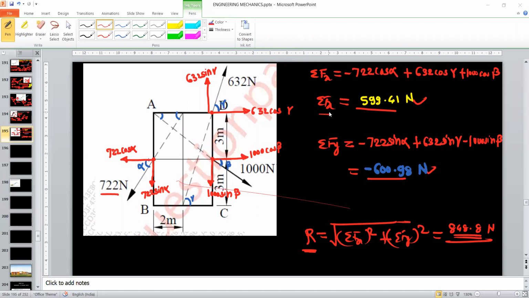Now by observing summation Fx and summation Fy, we can say that the resultant is in the fourth quadrant. Here 599 is positive, which means summation Fx is towards the positive x direction, and this is minus 600.98 Newton, which is towards the negative y direction. So from these two values,